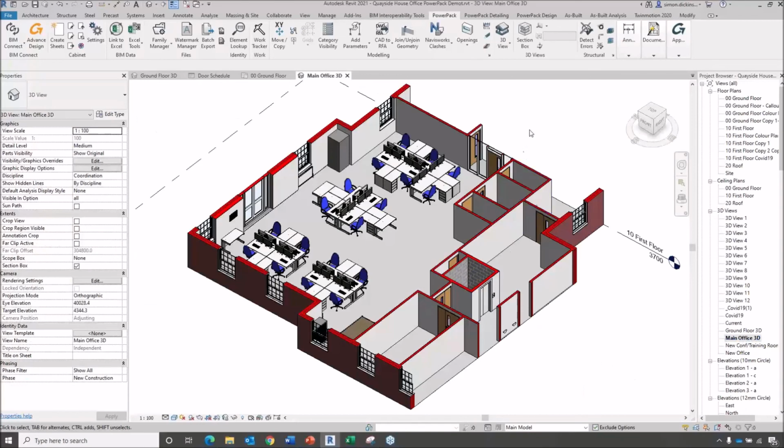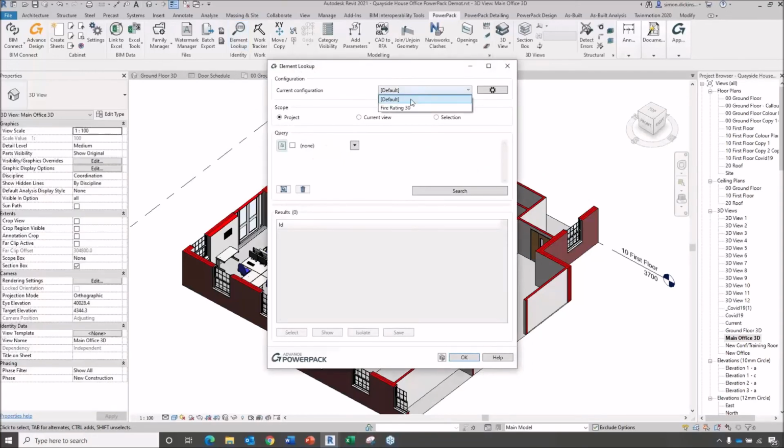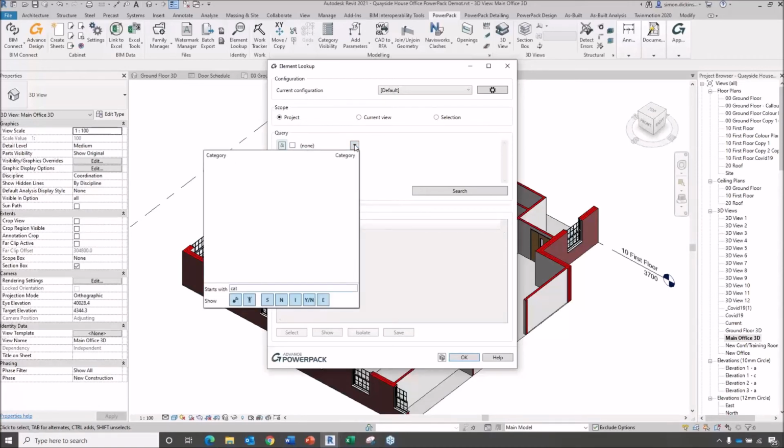If I went to, let's go to this one. Okay, so here we are in the main office with some desks. So this is the example I was showing in my PowerPoint. I come into here again. If I go back to the fire rating, I'll click cancel before I saved it, which is a bit daft. Back into default, and let's go to, on this one, I want to search for category,